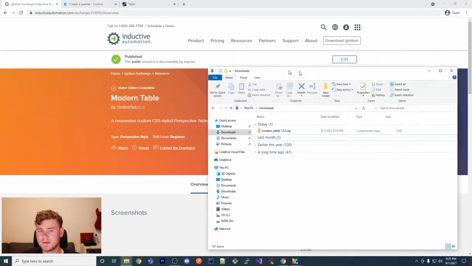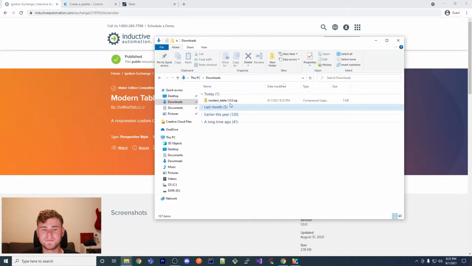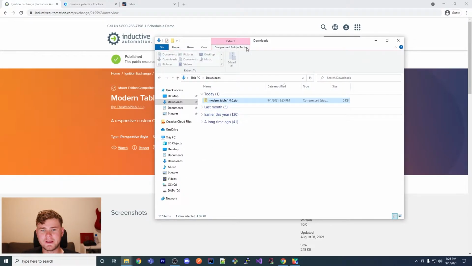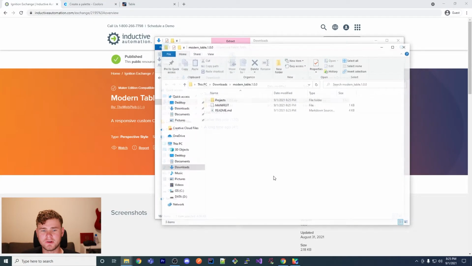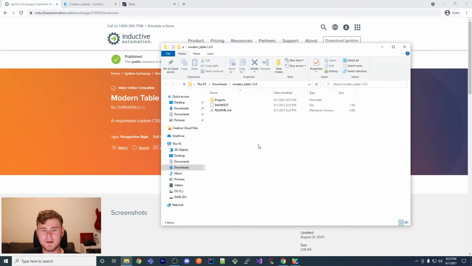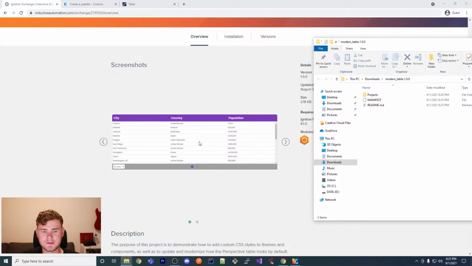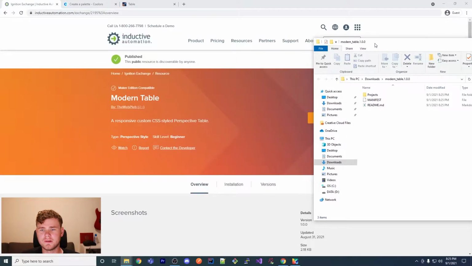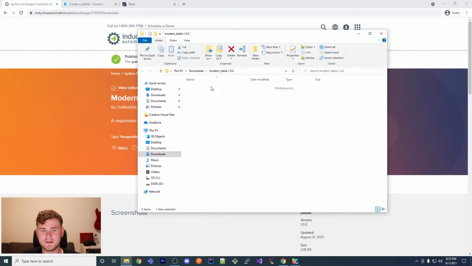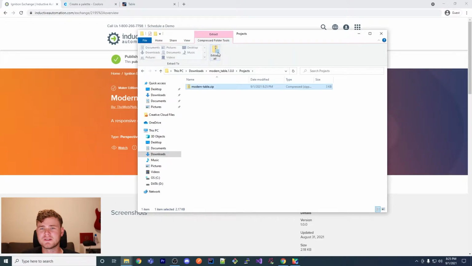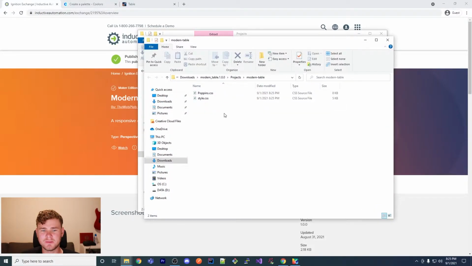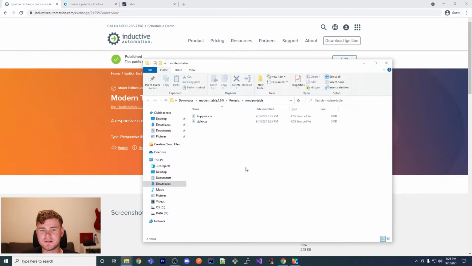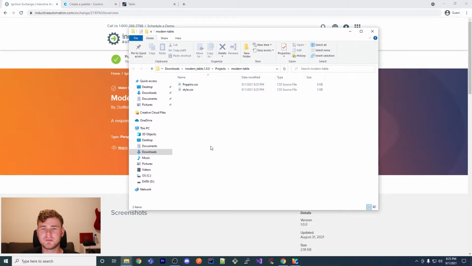Okay, here's my downloads folder on my computer, and there's this zipped folder that I downloaded today, and I'm going to extract this folder here, and then you can see a README. This is basically the instructions. I believe it is these instructions that I included here, and then a manifest file, and then inside this projects folder there's a modern table.zip. This is the file that I uploaded to Exchange. Let me extract this as well, and when you extract it, you'll see two files here. I'm going to go over what these files look like in a second,